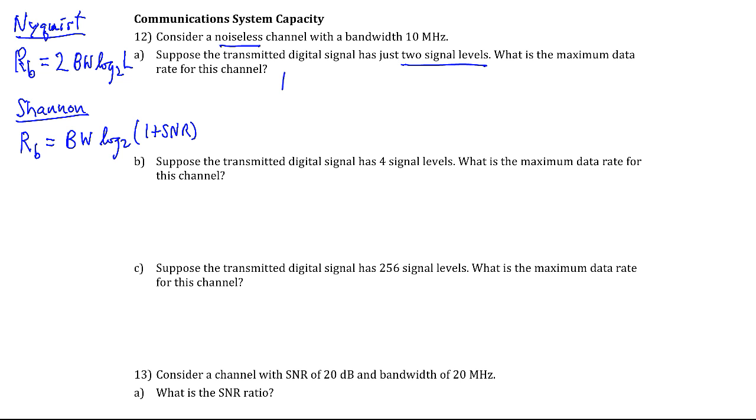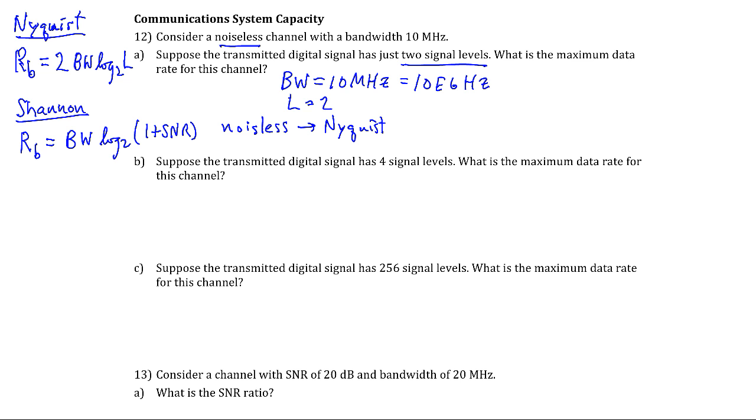So I'm going to write BW is equal to 10 megahertz, or 10 e to the 6th hertz. And I'm going to write L is equal to 2, and noiseless. And so we're going to use Nyquist. It's asking for the maximum data rate, so I'm just going to plug into the Nyquist equation. The maximum data rate is twice the bandwidth times log base 2 of L,